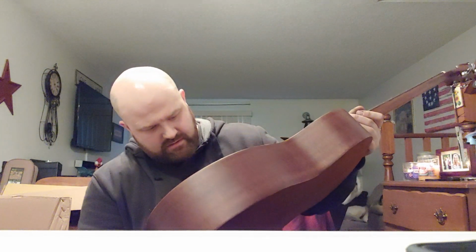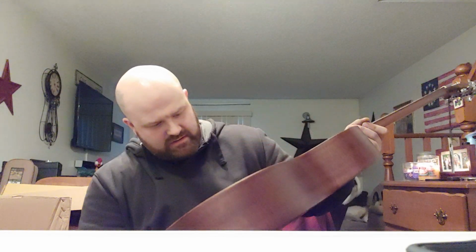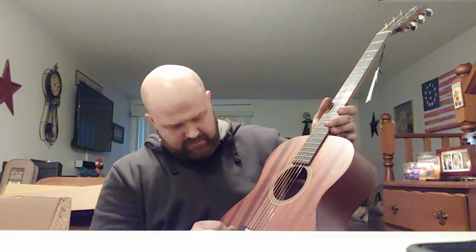The Harley Benton CLA-15M. CLA custom line acoustic 15M for mahogany. She is beautiful. I mean, it smells really good. HB custom line, established 1998. It's got the serial number inside. Even the saddle looks good. I mean the bridge, the wood on the bridge. It's not too rough. There's no glue. I can't see any glue. There's some glue on that other acoustic, but